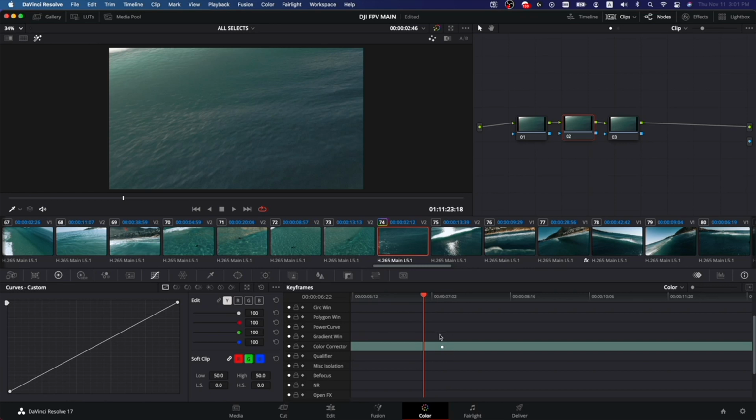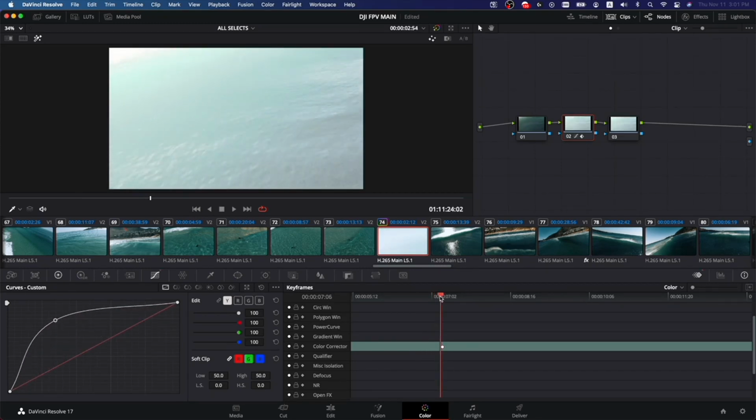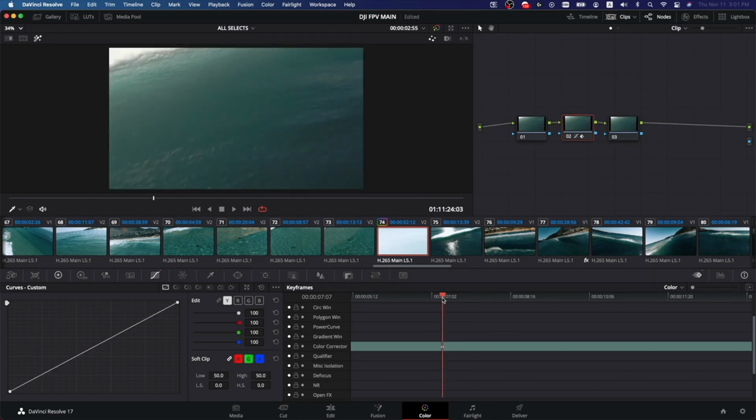So I've created this static keyframe here. If I go before that static keyframe and I make a change to my curves over here, like that, let's see what happens when I move to that static keyframe. We can see that we are jumping from this value, from what I've done here in the curves. And as soon as we come into contact with that static keyframe, we are snapping back to that original value